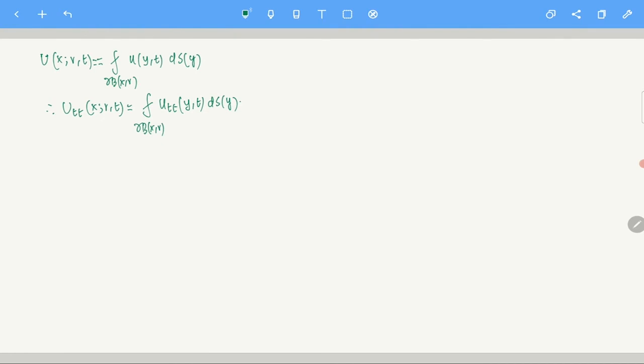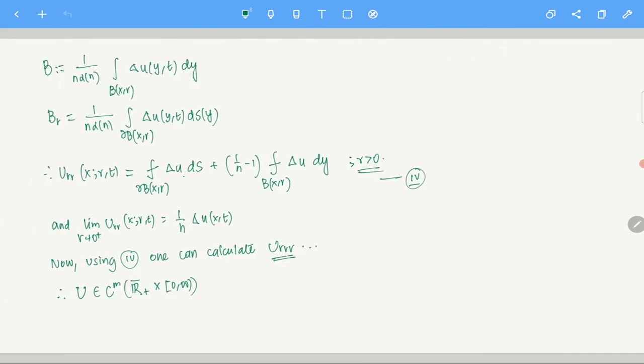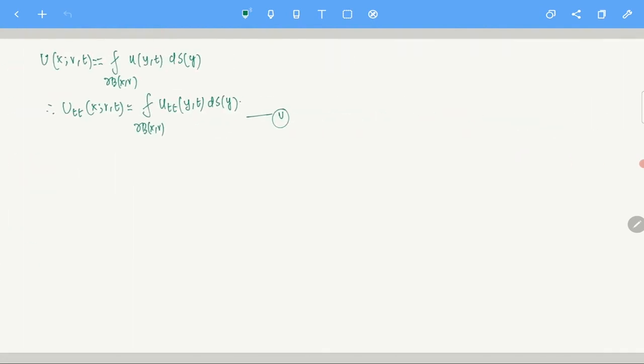Clear? Now when you put all of this together, let's say this is 5, and that's your 4. Now I want to show that it solves the Euler-Poisson-Darboux equation. So essentially what is happening is this: u_tt minus u_rr minus (n-1)/r u_r. Let us calculate what this is.